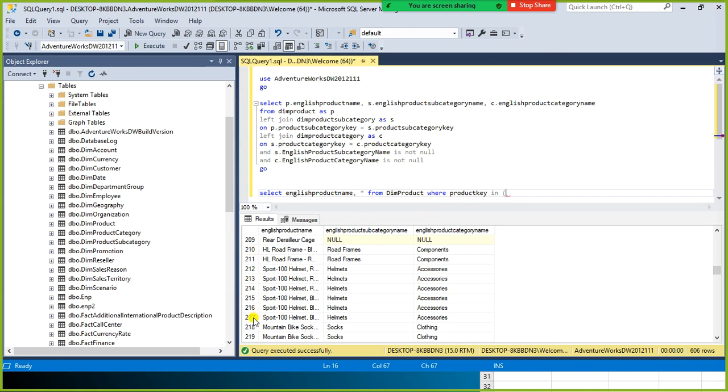So here we will give 212. We can see something here, right? So these are the things.